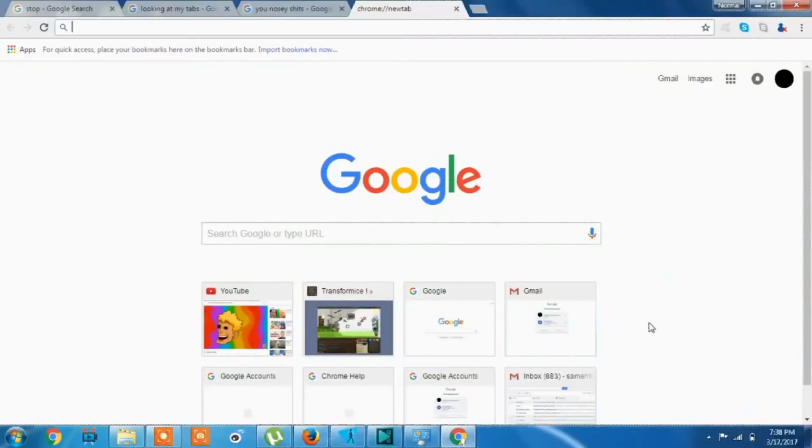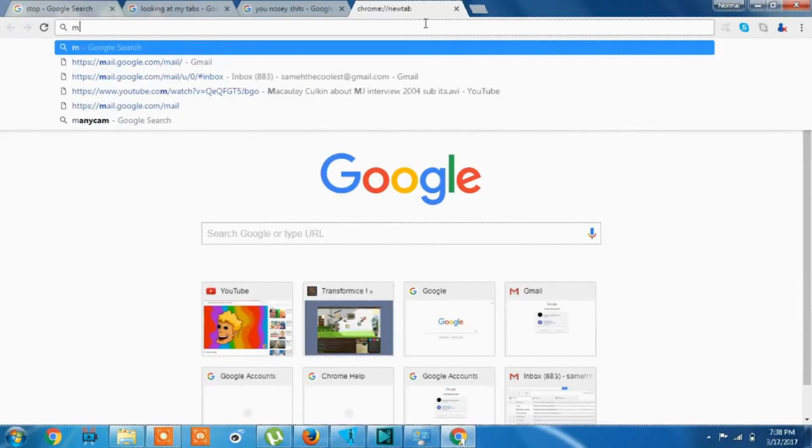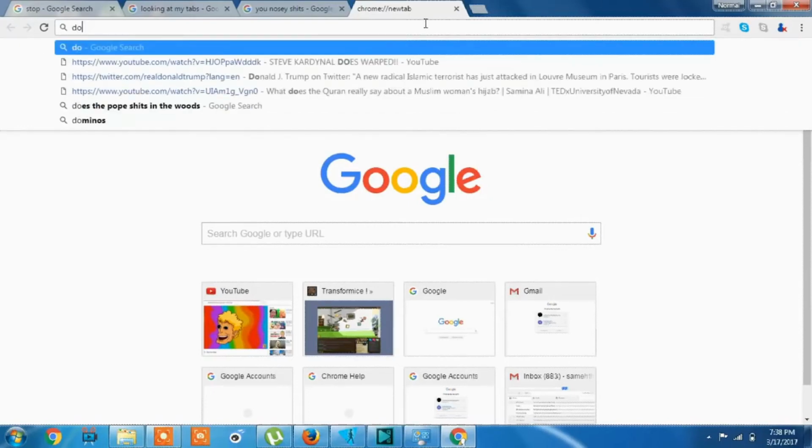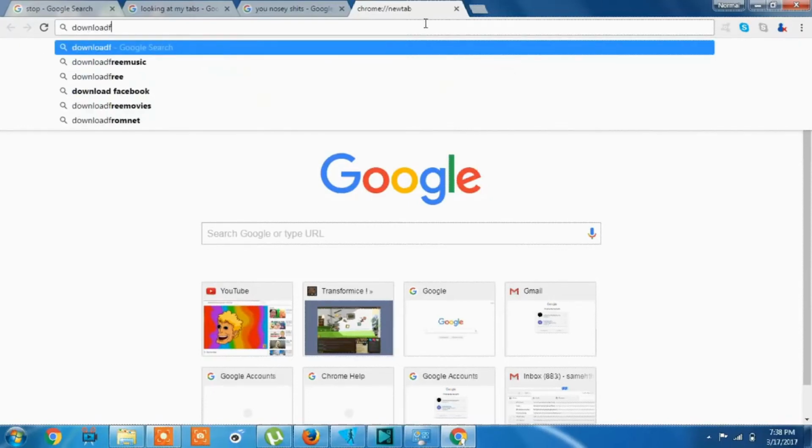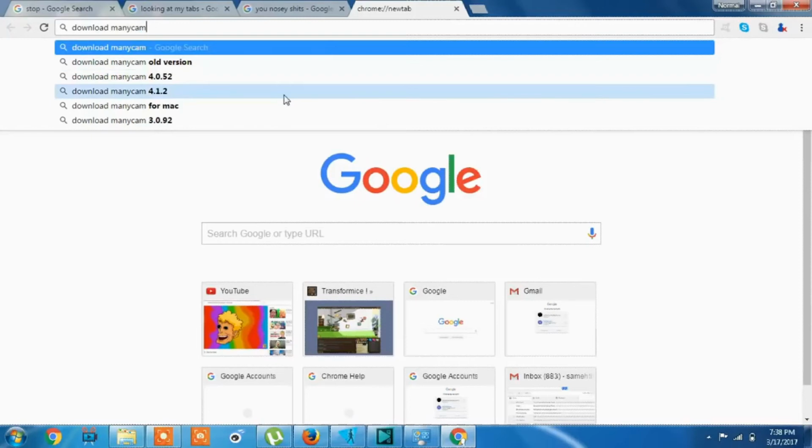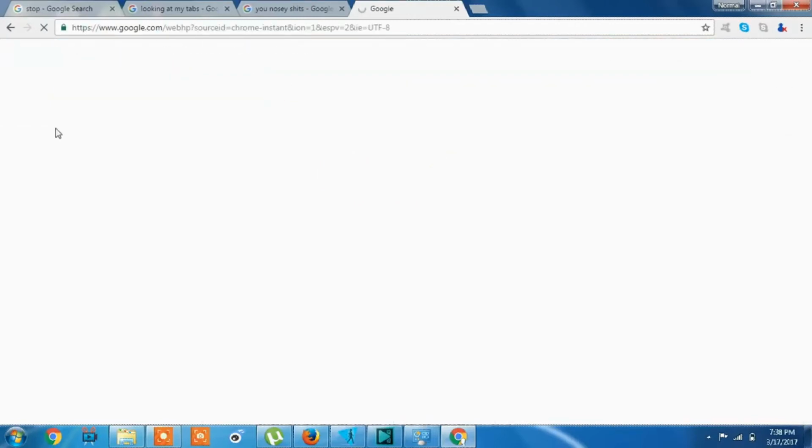Video, I'm going to be teaching you how to use a fake webcam on Omegle without the watermark. So yeah, let's get into it. So the first thing you want to do is search download minicam. But you're gonna look for an older version since you don't want to have the watermark, because the watermark makes it pretty obvious. So download minicam